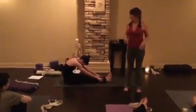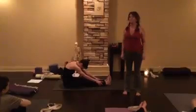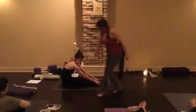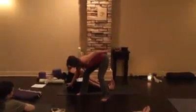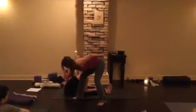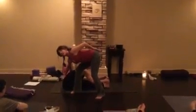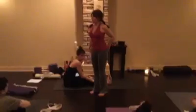Like this. Right. And you'll see this for sure. So just right here, tilt of the pelvis. Right there, girls. In, in, in. That's the mantra for today. Right? Okay? Should we try? Okay. So